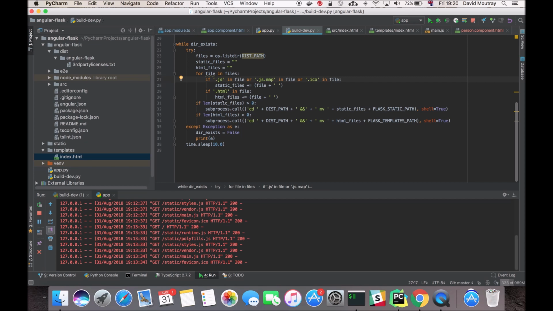So for example, if we're changing the HTML file, it's going to spit out a new index HTML file. If we're changing the JavaScript, it's going to spit out a JavaScript file. There might be cases where you're not necessarily always going to be changing one HTML file and one JS file. So this checks each one, and down here we will do if the length of static files is greater than